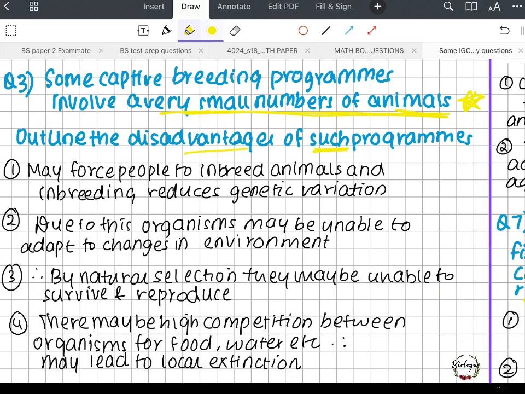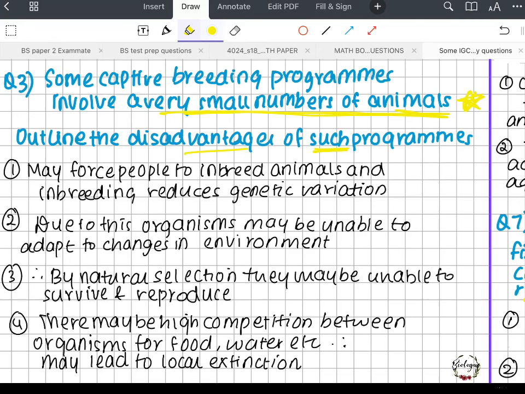And what does inbreeding cause? Inbreeding causes lesser genetic variation. So inbreeding may reduce the genetic variation because you are inbreeding the same type of animal. There is no variation by breeding it with an animal of, let's say, another species. It should be of the same species but a different type of animal. So that is why inbreeding reduces genetic variation. Due to